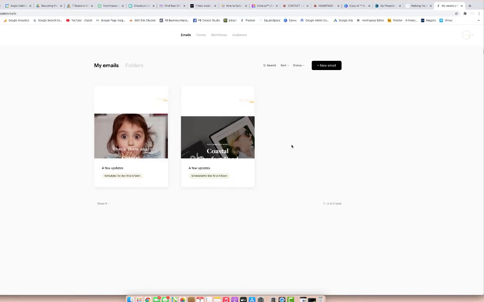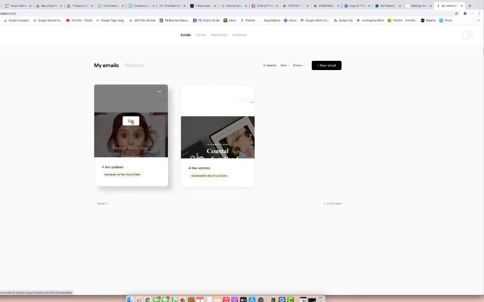So this will list all of the emails that you've sent in the past and all of the emails that you have scheduled. And if you want to make changes, you just click on edit. It'll unschedule the email, but you can reschedule it once you're done making the changes. And then you can rename it so that it's something that's helpful. Right now it just says a few updates, which doesn't tell us anything really. So we could rename it to